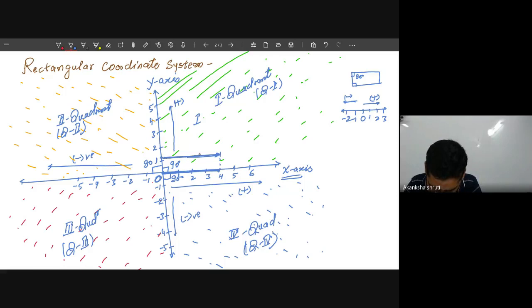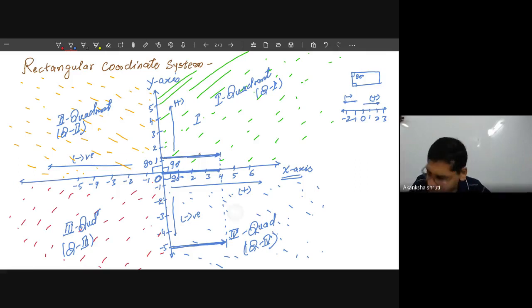Okay, whether we are considering this x at -4 or -3 or -4.5, wherever we want to take, we are free to take that. Even if I am considering this one, it also means the same. Along the x-axis, distances are measured from the y-axis. So this is the positive direction.